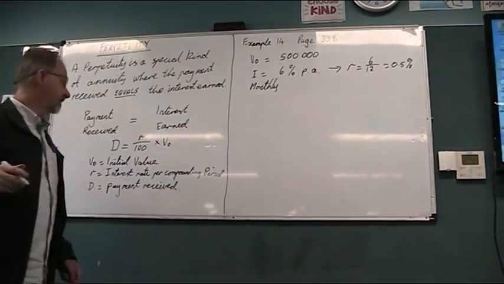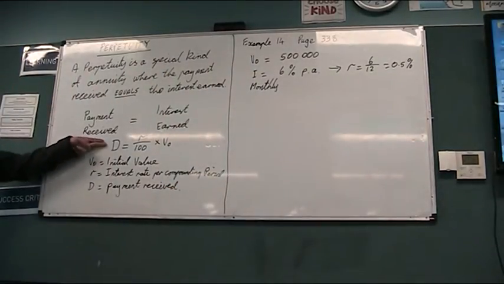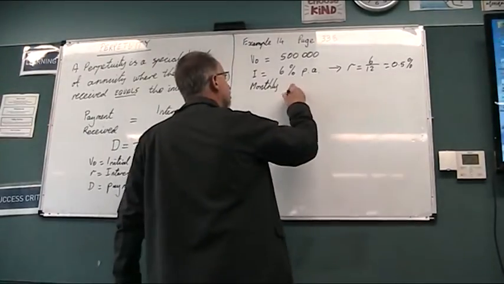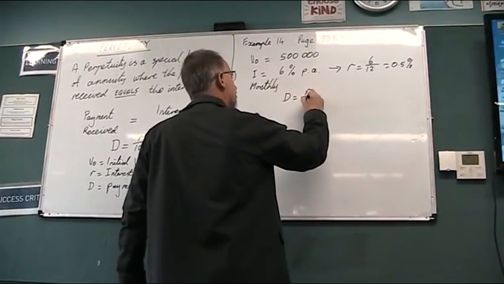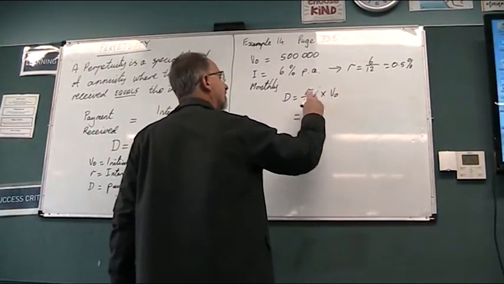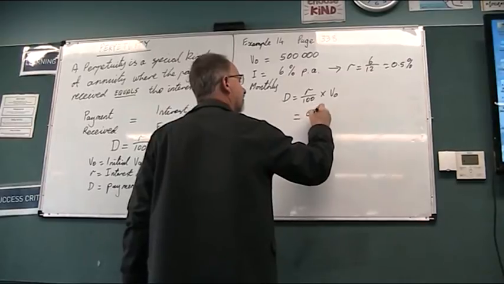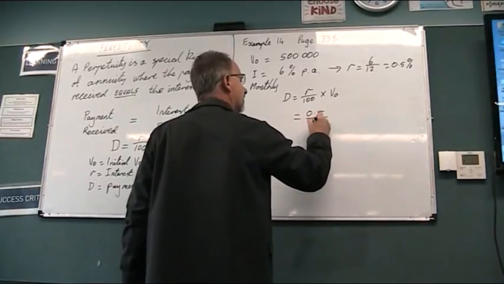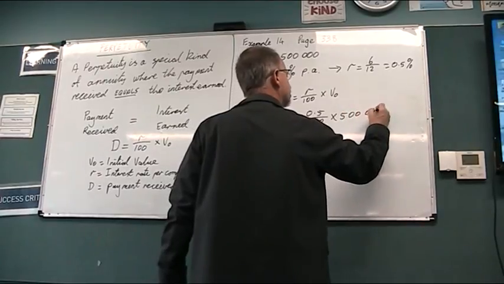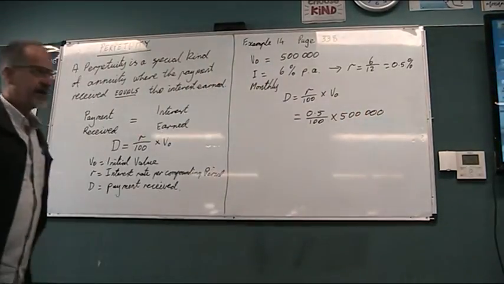So her payment D equals R over 100 times V0. The R we've just worked out to be 0.5. Divide that by 100, times it by the 500,000 that she has invested,